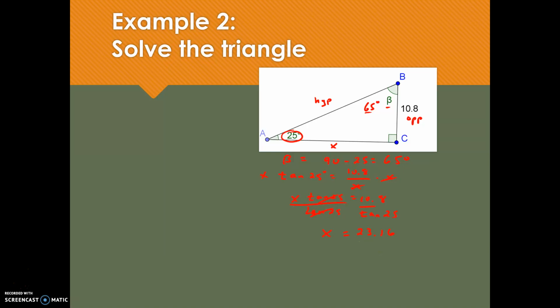Having found x equals 23.16, we can do one of two things. We can either use the Pythagorean theorem, 23.16 squared plus 10.8 squared equals the hypotenuse, or side AB, squared. If we do that, we end up with AB squared equals the 653.0256 that I gave you last time. Then take the square root of both sides, and we'd have side AB approximately equal to